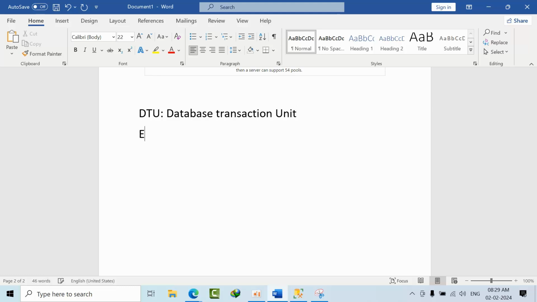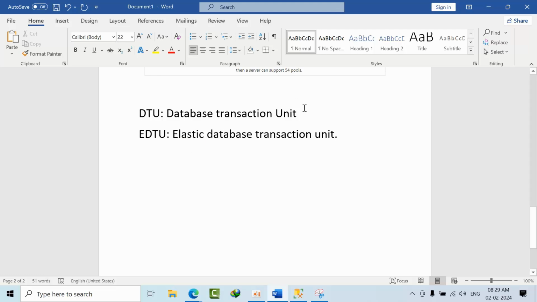We have one more thing, eDTU, which is elastic database transaction unit. In an interview, the first question you get from the Azure SQL Database side is what is DTU and eDTU. You need to start like this.